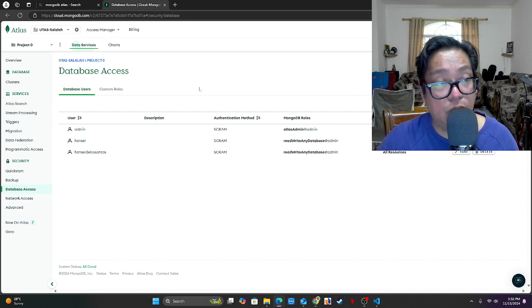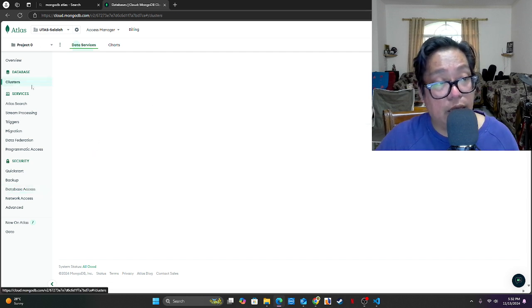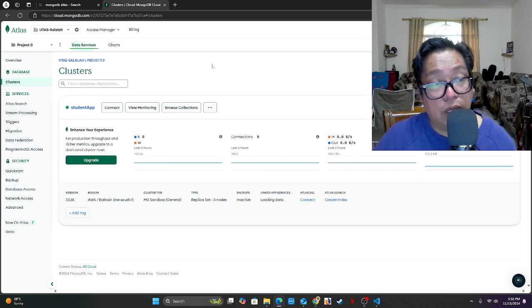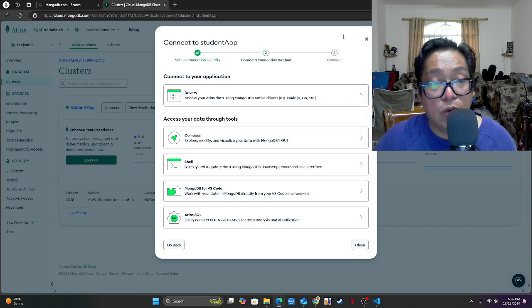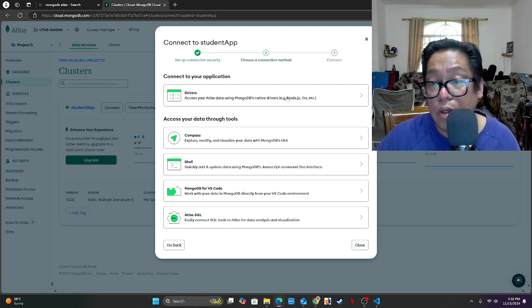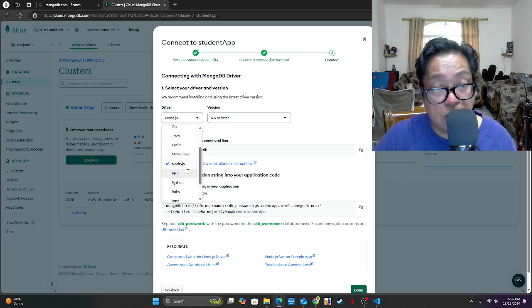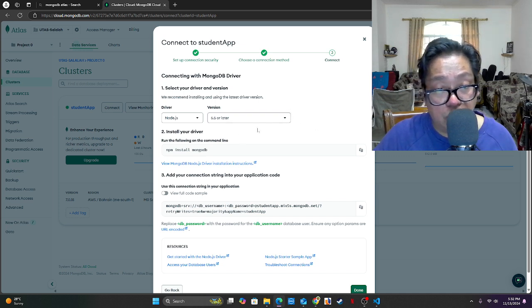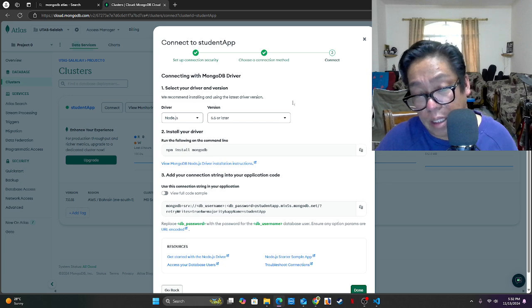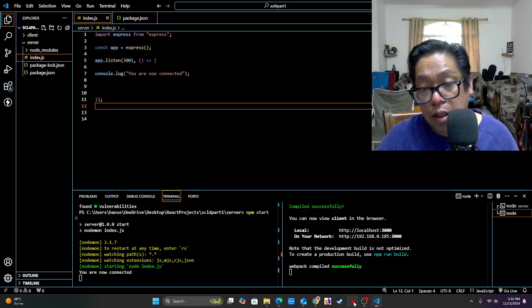So without further ado, let's create a connection string, and by clicking connect, you will see here a list of applications to be connected, but we are only going to select the drivers, right? The driver should be Node.js, whatever the version or later version will be. And of course, npm install MongoDB should also be run as a local